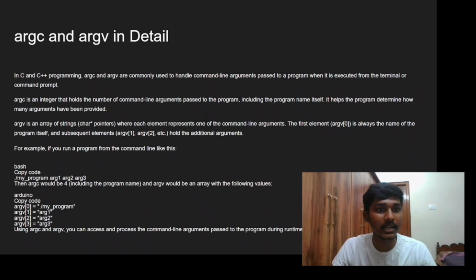argv is an array of strings, character pointers, where each element represents one of the command line arguments. The first element, argv[0], is always the name of the program itself. The subsequent elements, argv[1], argv[2], etc., hold the additional arguments. For example,